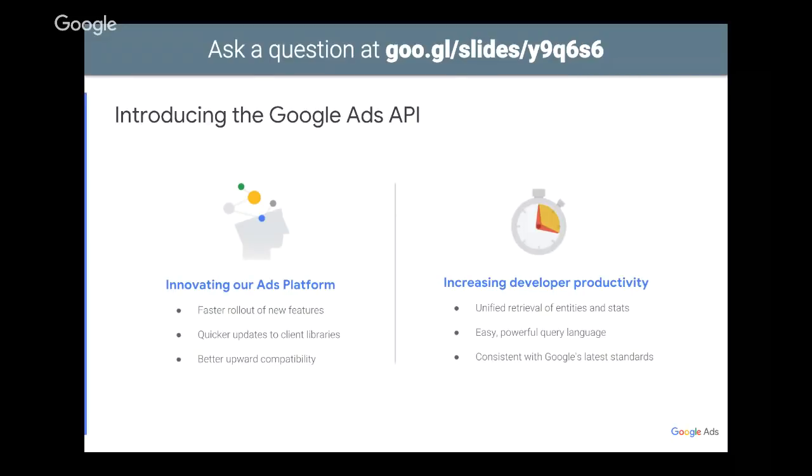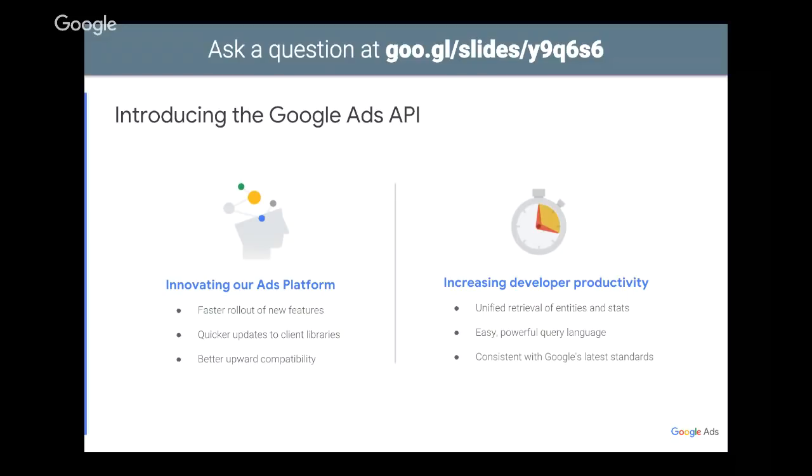Okay, so a little bit of the top level key selling points. What can you expect? Why is it important? Why are we releasing a new Google Ads API to replace the AdWords API? So first of all, the first major pillar is we're innovating the ads platform. The new Google Ads API will allow us to more quickly roll out new features, update our client libraries on a much more frequent and much more convenient basis, and provide better upward compatibility with further releases of the API,